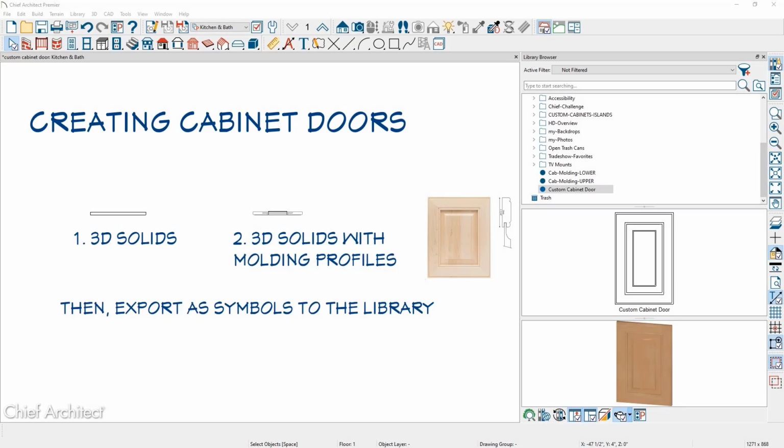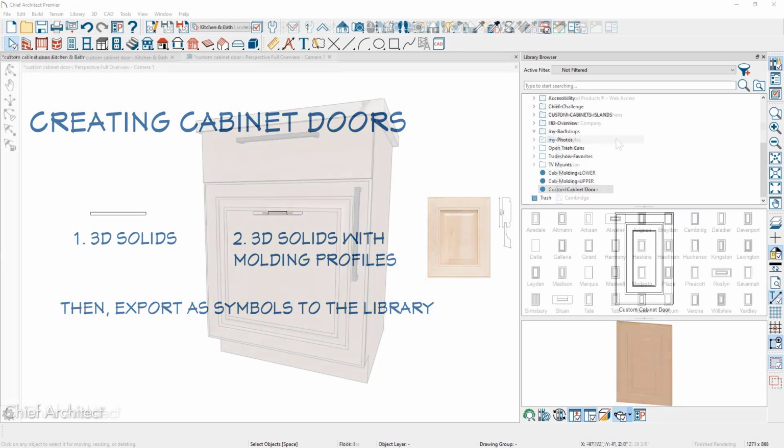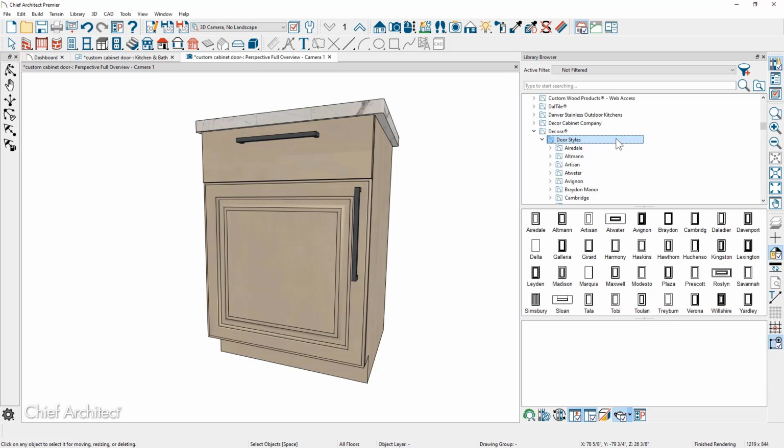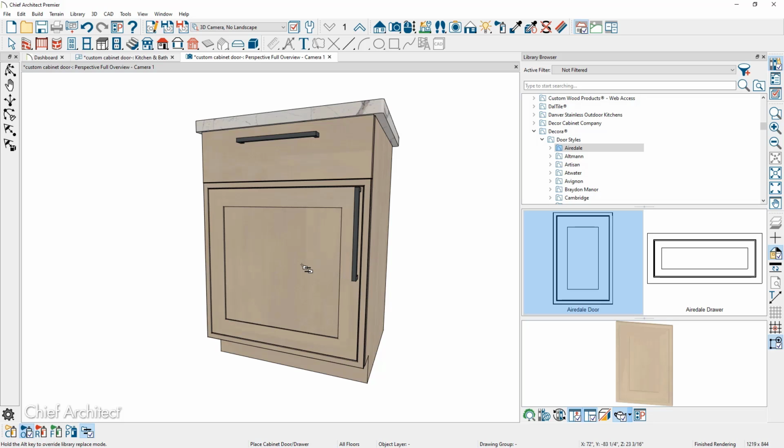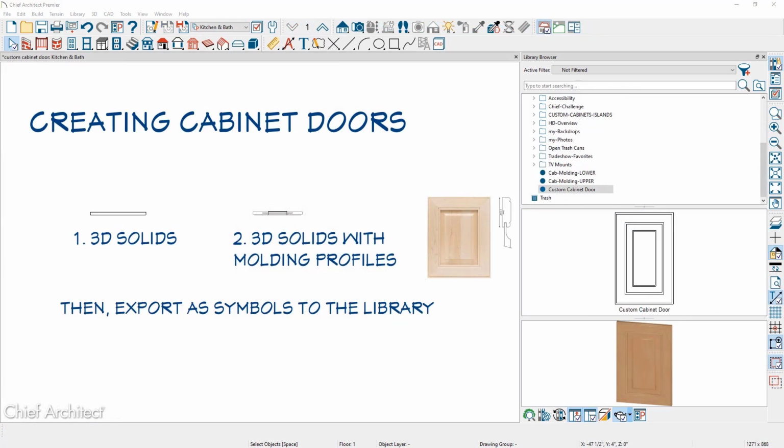In this video, we'll look at how to create a custom cabinet door. The program has thousands of doors to choose from, ranging from custom to manufacturer specific. Chances are the door you may be interested in may already exist. However, if it does not, and you want to create a specific door, this can be accomplished in Chief Architect